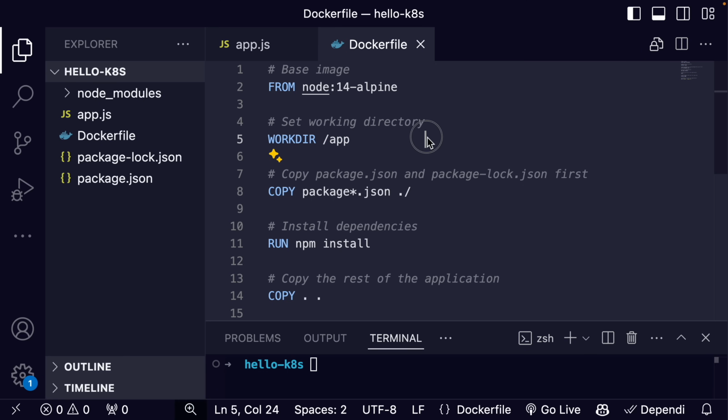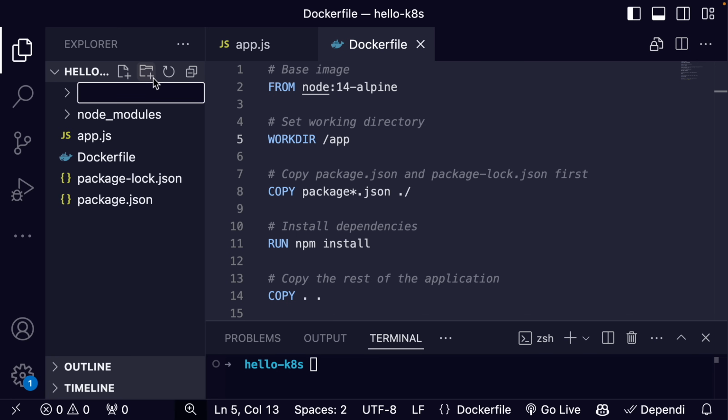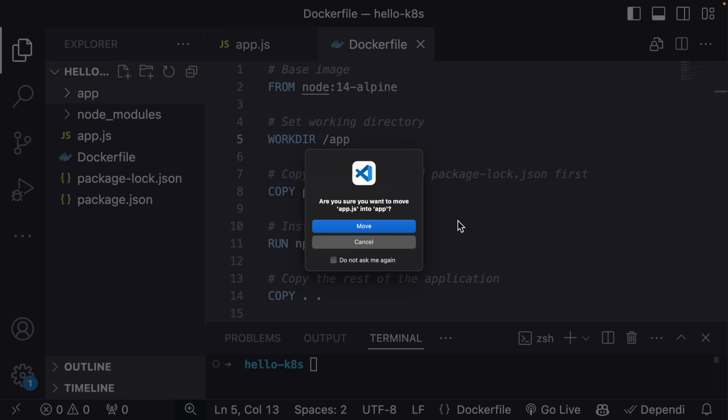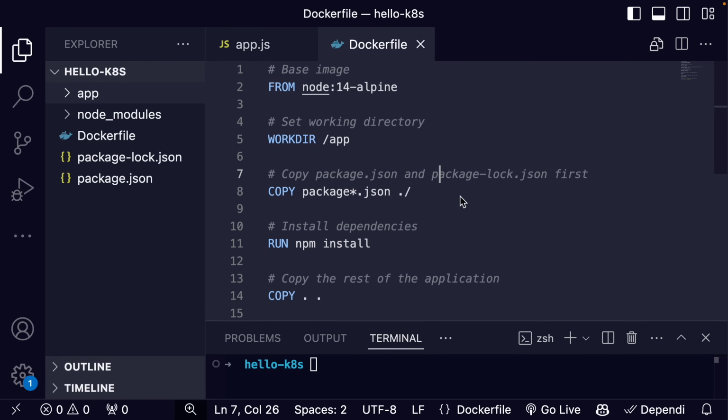You don't want to use your root as the main application. So in fact, let's actually create that directory. And then I'm going to move my app.js into that directory. And then we're going to copy our package.json and package-lock, that's why I have the asterisk here, into our